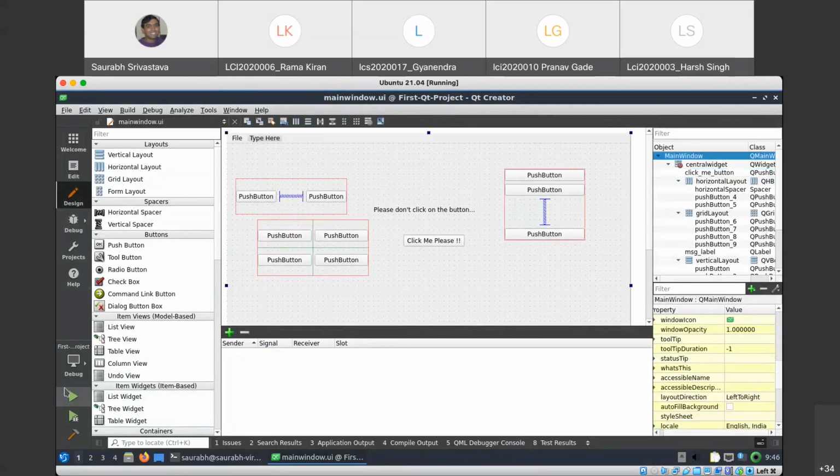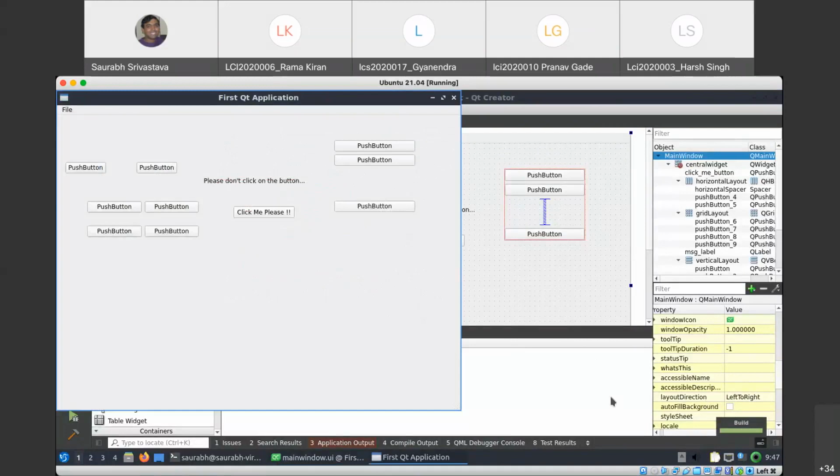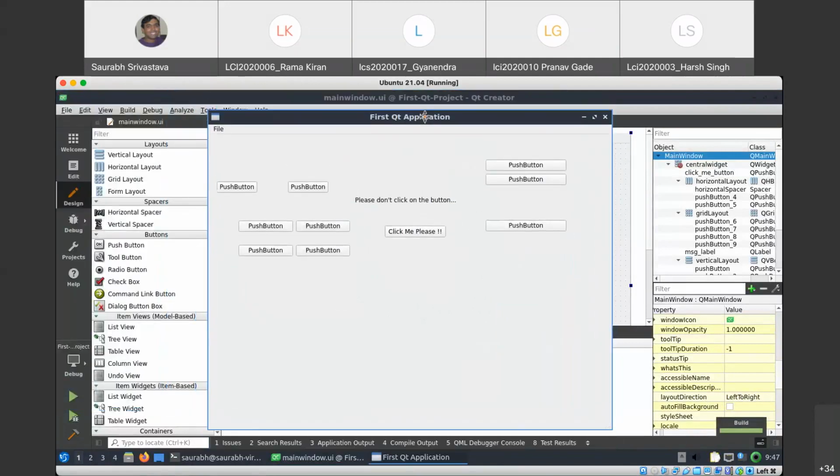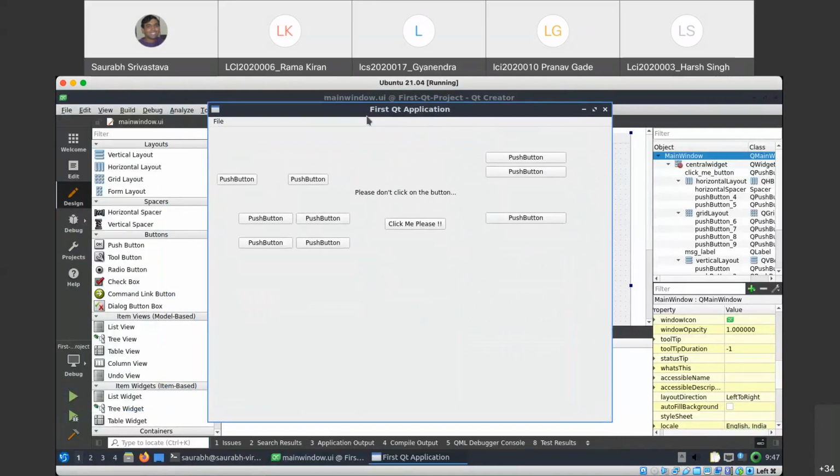Okay, and at this place you can go and run this project. Here it is showing you that it is building something. The building process, by the way, is very similar to what we do: there is a make file, and you just run that make file. So this is a typical Qt application. You can see this is a window, created using Qt, and here on this button, if you click